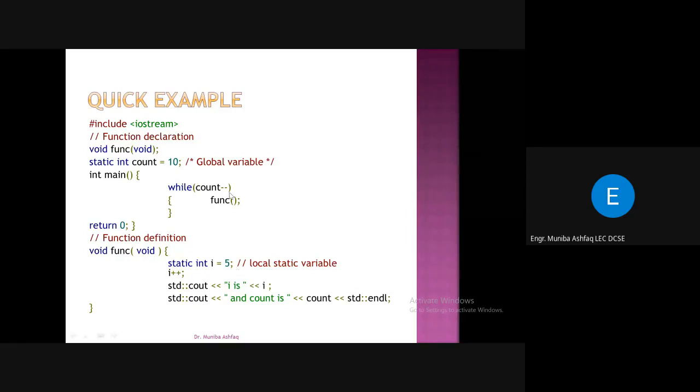So जितनी बार भी आप फंक्शन को कॉल करेंगे, स्टैटिक की वजह से क्या होगा, पहली बार तो 5 है लेकिन इस फंक्शन के अंदर 6 बन चुकी है। नेक्स्ट टाइम कॉल किया तो आई में 6 पड़ा हुआ है, 6 क्या बन जाएगा, आई प्लस प्लस की वजह से 7 बन जाएगा।